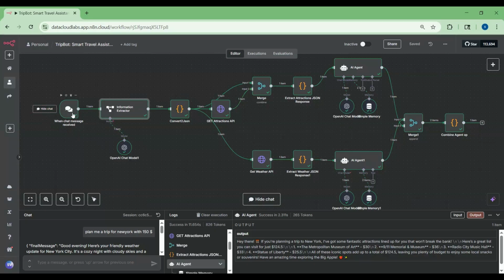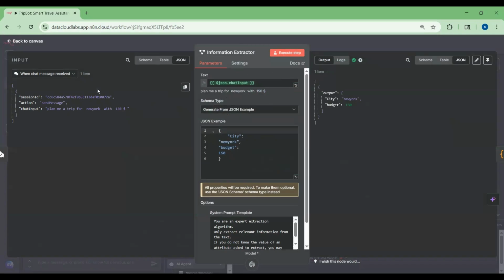So this is a chat trigger node where we will type the message. This message will trigger the whole workflow. We are giving this message as input to the information extractor. The information extractor will extract the input message and generate it in a JSON output form, as you can see here. And we are passing it as a variable. We are using it as an expression because if we want multiple searches, that input will be changing using this expression. That input will be changing every time,